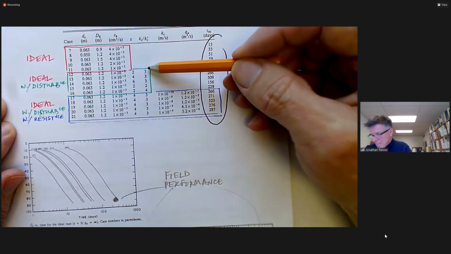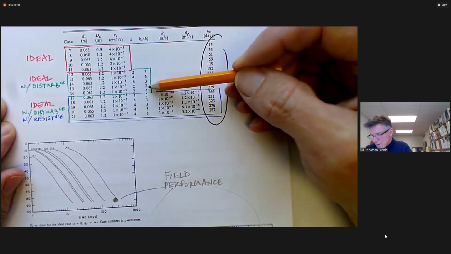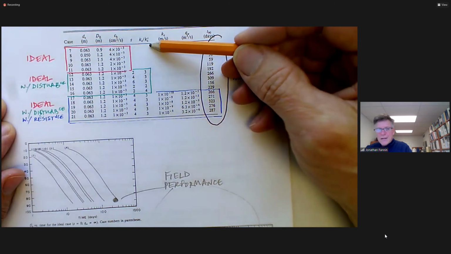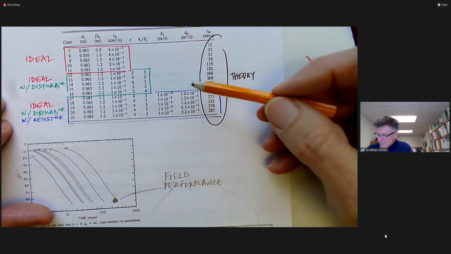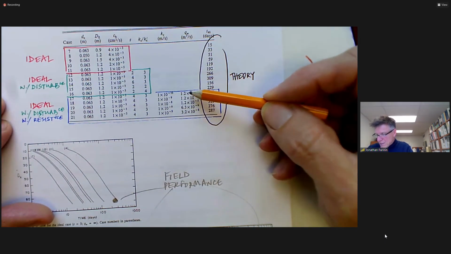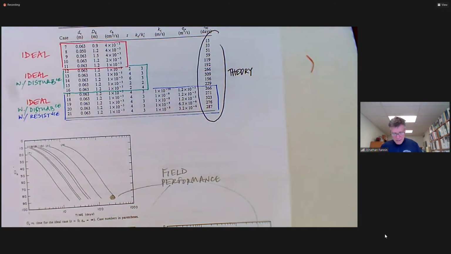Is the hydraulic conductivity of the undisturbed soil 3 times? Is it twice? Is it 4 times that of the remolded soil in the disturbed zone? Is, if the drain resistance is measured to be this or this or this. And what came out of this loud and clear